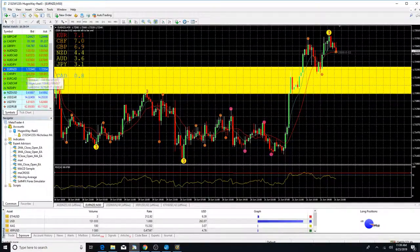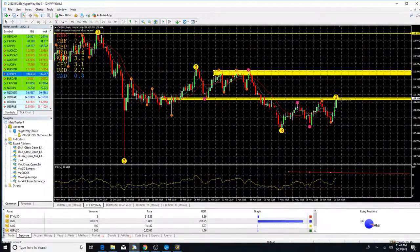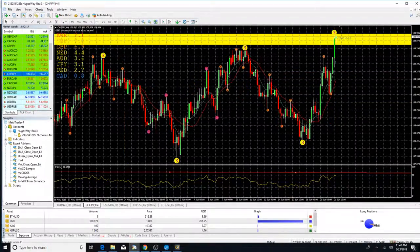This is CHF JPY, so there's only 4 pairs that I look at in silver, and that's all. CHF JPY, I wasn't in this trade. I've been just watching, and this is clearly in an uptrend. This is another one where if it breaks this level that it was at last week, there's a potential for it to keep going